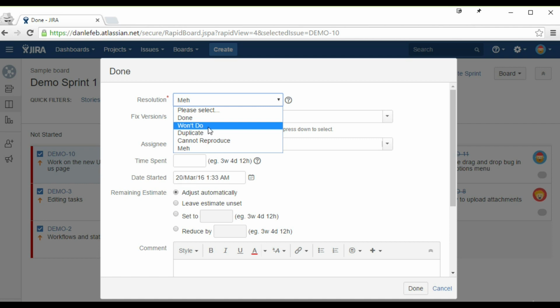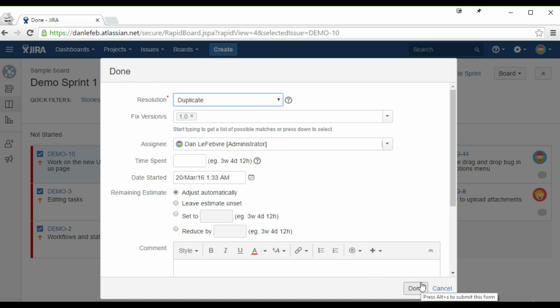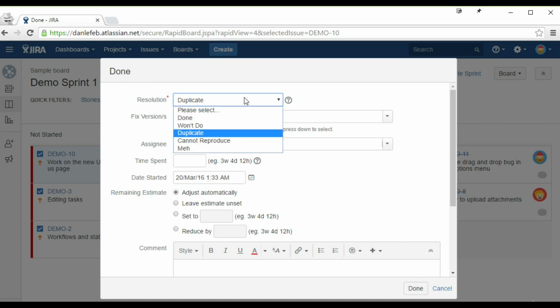So in my experience, I found a lot of times bugs will be submitted, whether internally or externally. Maybe 5 people will submit the same bug? Well, they're all different issues, but you don't really need your dev team or your engineering team focusing on 5 different issues. Instead, you can close 4 of them as a duplicate, and that's the resolution. And then the other one you can keep open. Or if you go through testing and it's not something you can replicate, you can say cannot reproduce. You can create your own resolutions like I did with this one here, or you can really customize this